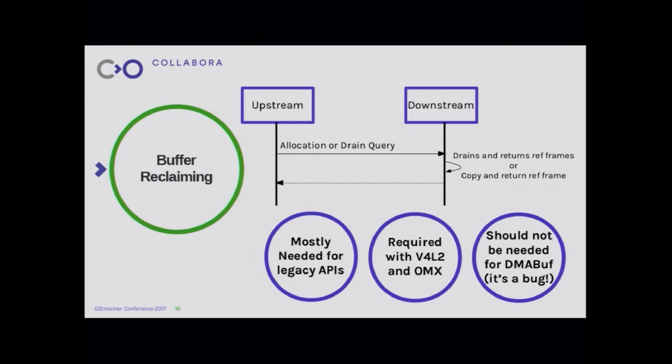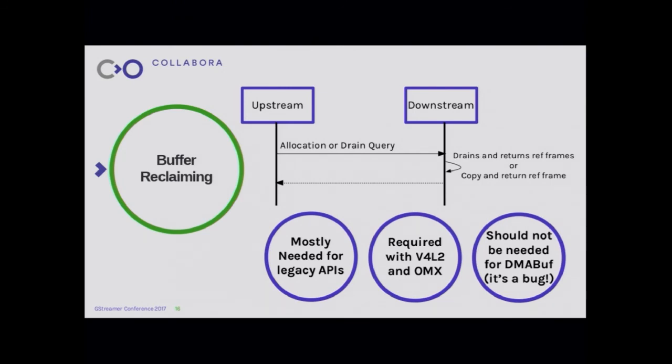That's why over time, APIs like V4L and OMX put that rule that if you want to allocate a new set of buffers for your pool, you need to discard the old one. To do this, it forced us to implement what we call buffer reclaiming. And what we did in the last 2 years, I think, is start using the allocation or the drain query to implement a proper buffer reclaiming mechanism. So basically, the new contract is that downstream elements retaining buffers need to return them if they see